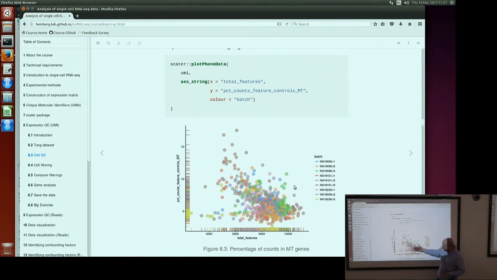So you can actually see the same distribution from the top of it. For example, we have the majority of cells here, and then we have this tail that we saw before. And then the y-axis shows you the percentage of counts in feature control, in mitochondrial genes. So we see that the majority of the cells have about 5% of the counts in mitochondrial genes, which is fine. But some of the cells, like these ones, have about 15% of the counts in mitochondrial genes, which is